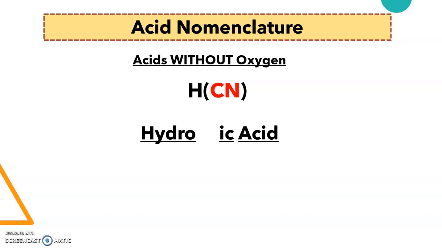Still doesn't have oxygen in it. We can still name it according to this naming scheme. CN is called cyanide, so I would take off the ending and call this now hydrocyanic acid. No big deal. One more that I want to take a look at, and that's mostly because this is an